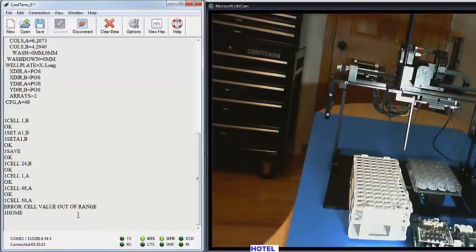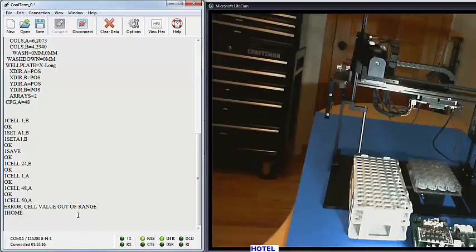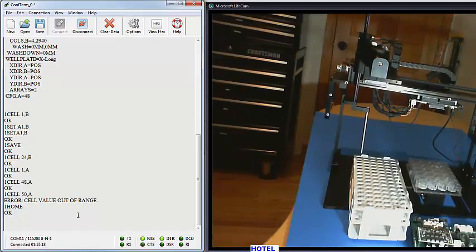And we're back. You don't need to do a home after each move or after each exercise. I'm just doing it here. I wanted to get back to home. Or I could have said just 1 cell 1 and it would have taken me there also. What I want to do now is move to one mode equals